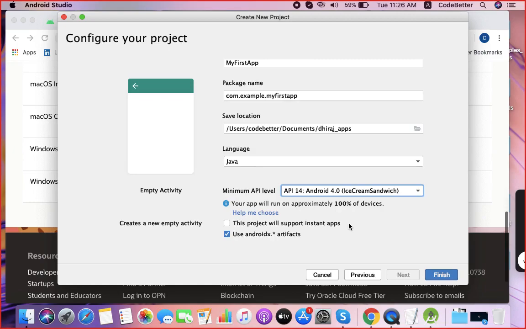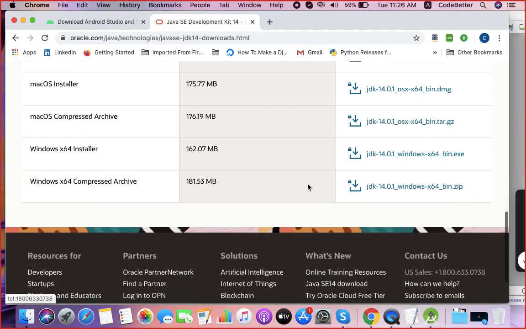After selecting the minimum version, the language and your folder, you just click on finish. It will generate a project structure. Let me give you the idea where the project is. So this project is generated.